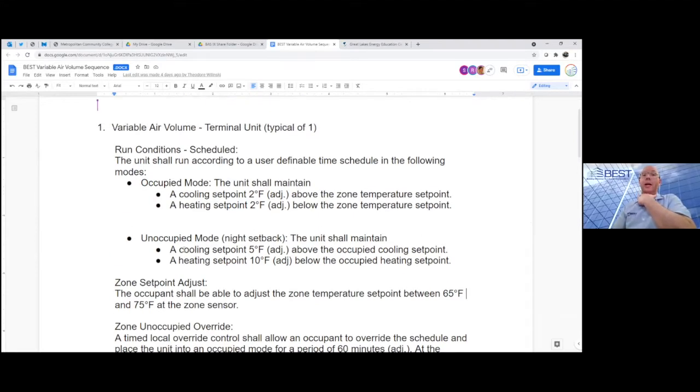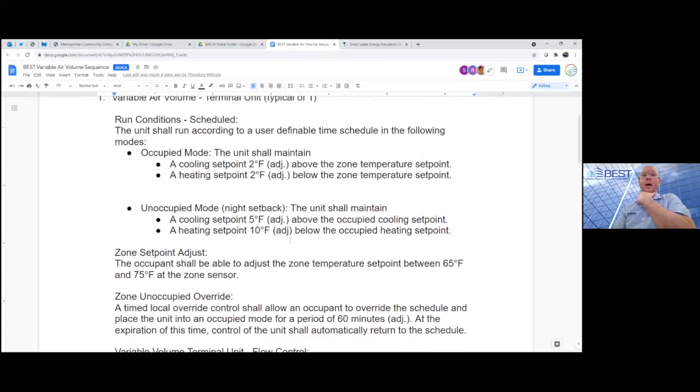So during unoccupied mode, we're looking for a 5-degree cooling setback. So we'll be increasing our effective set point by 5 degrees instead of the 2 degrees that we had previously. And our heating set point will be reduced by 10 degrees. Okay. We have chosen a non-symmetrical setback for